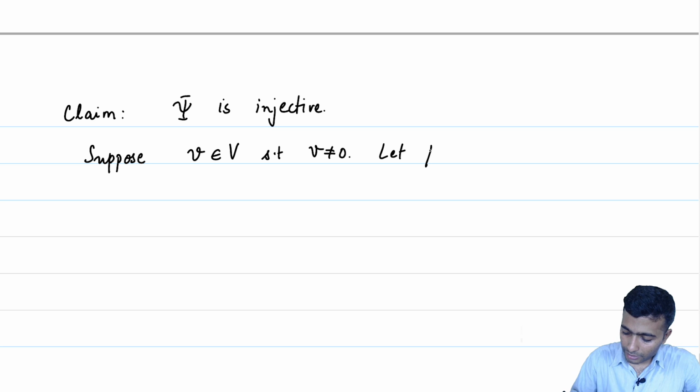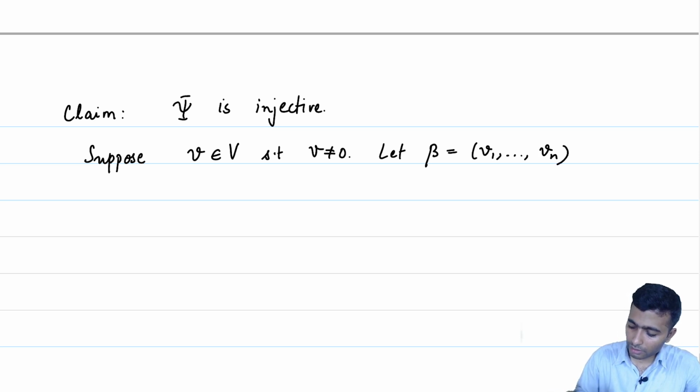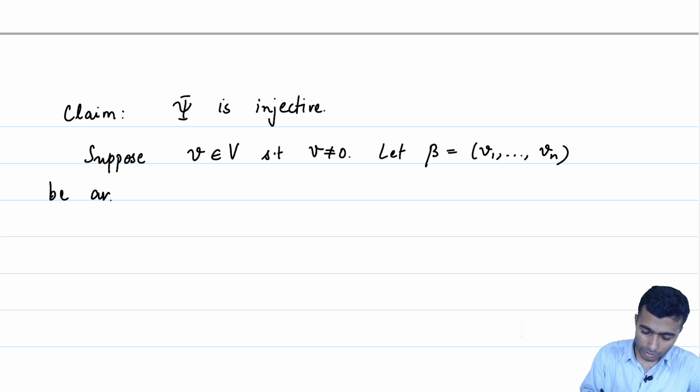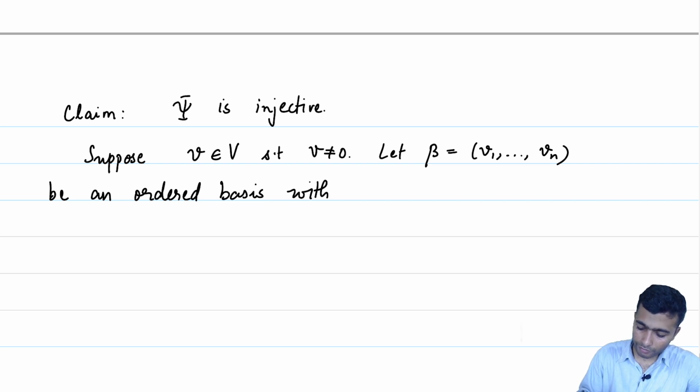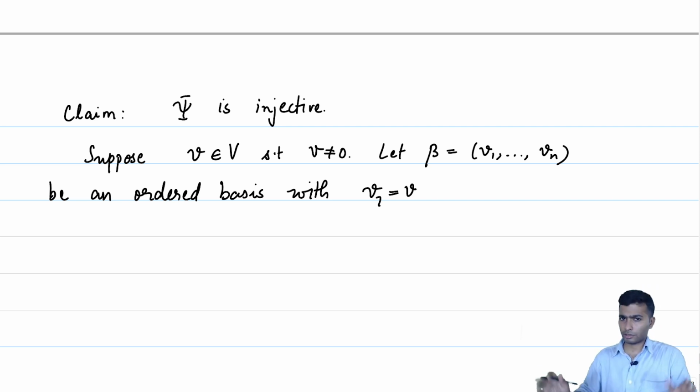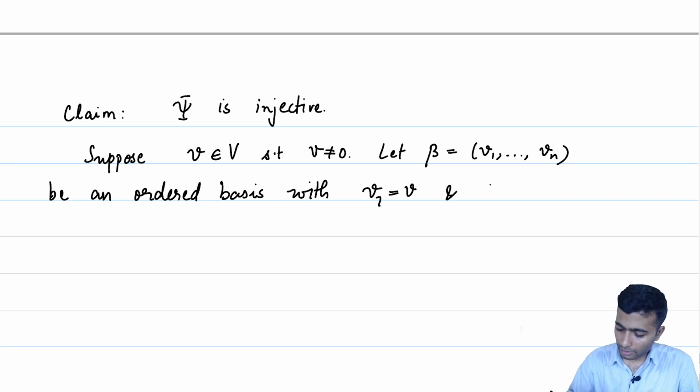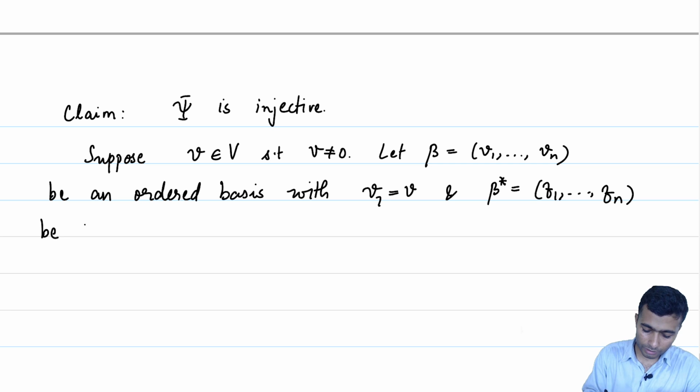Let beta equal to V1 to Vn be an ordered basis with V1 equal to V, extend V to a basis of capital V, and let beta star equal to F1 to Fn be the dual basis